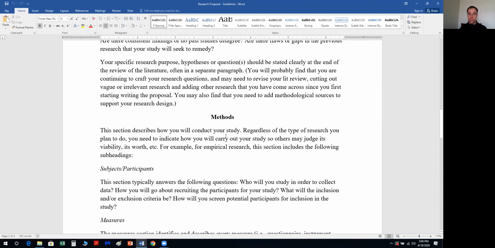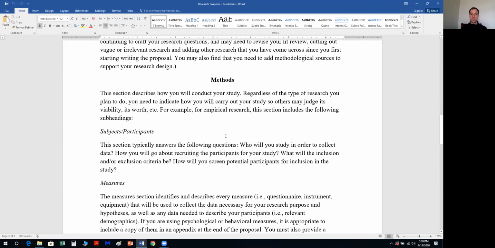Now, some additional things. Once you're done with the introduction, you will move on to the methods, which essentially describes how you're going to conduct the study. Again, you will not be actually physically conducting the study, but if you were, how would you go about doing that? And there's really important parts about this because as you write the methodology, you're going to learn